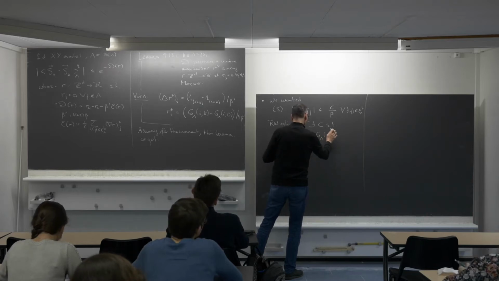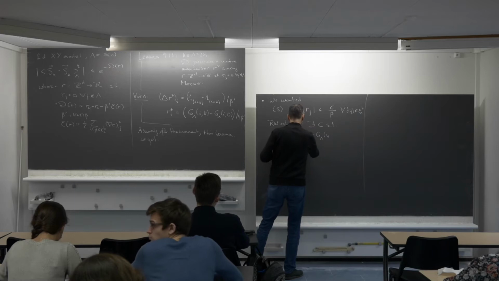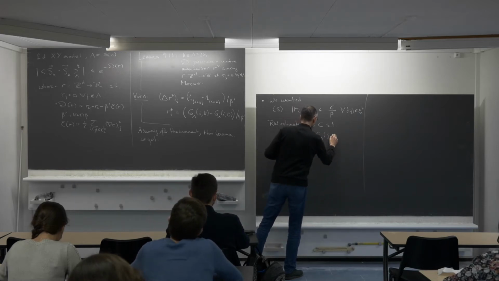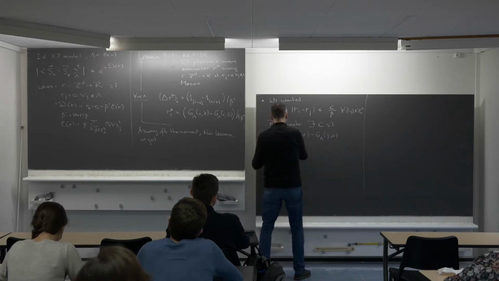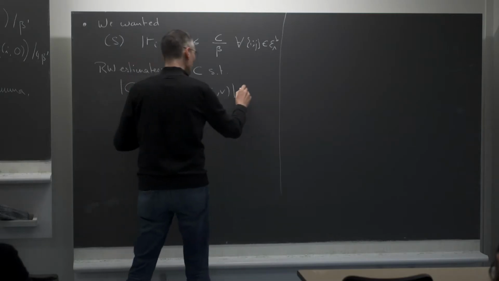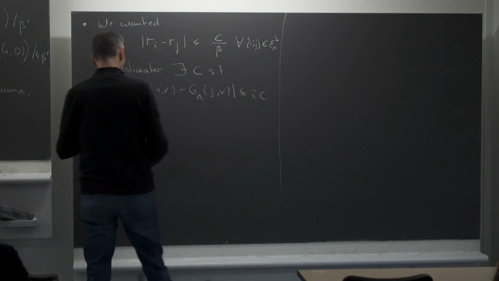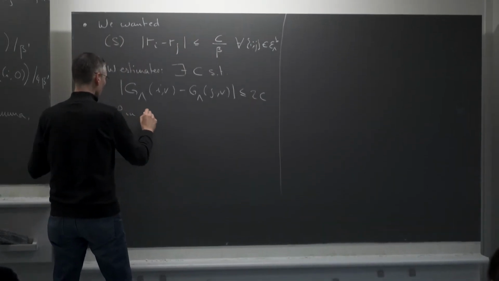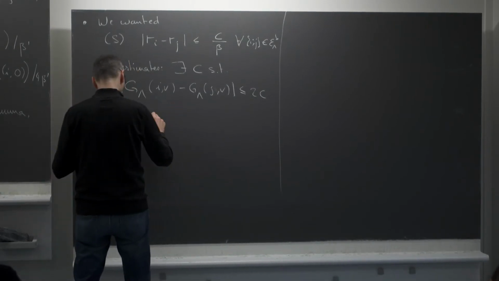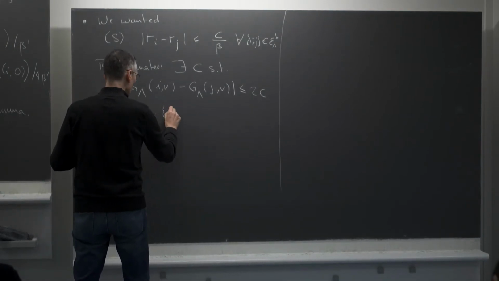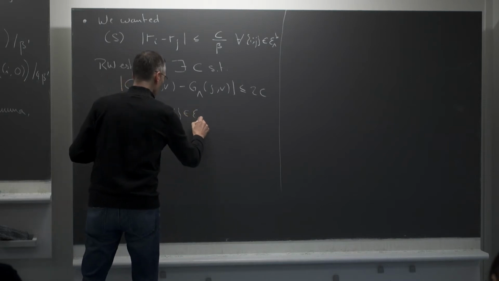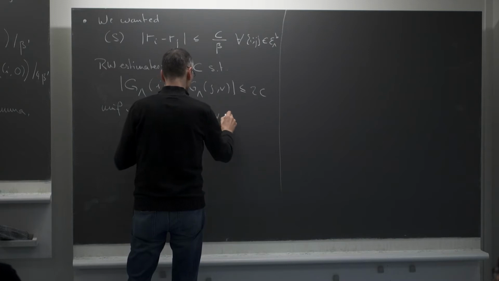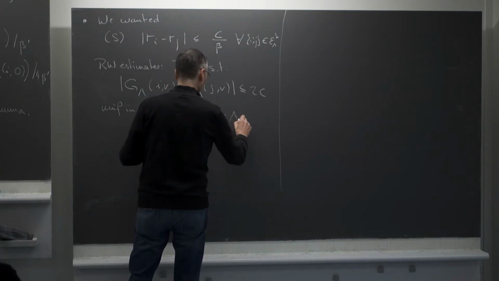Well, okay, I prefer to play with... Let me do this way. It's symmetric, of course, but it's probably better if I write it this way. Okay, like that. This quantity is smaller than, say, 2c, uniformly in everything. So it will be uniformly in n, in ij, in E lambda, and in V in the box.